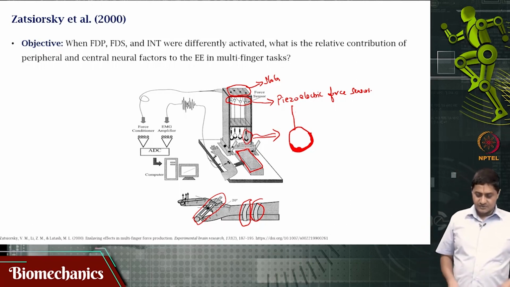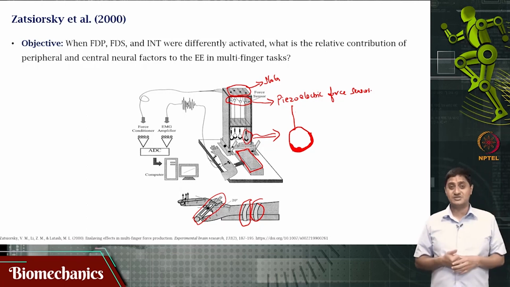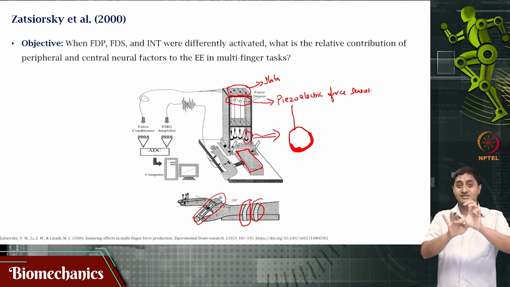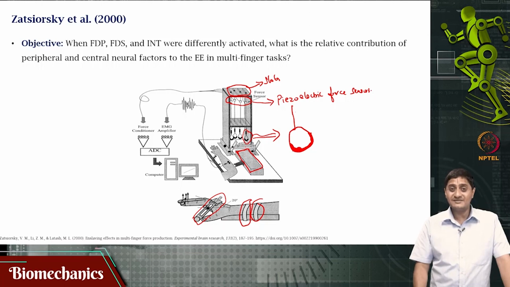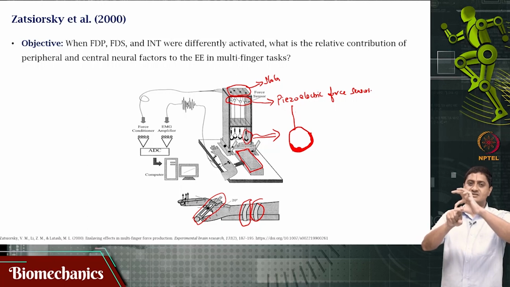Okay. So, there was instruction depending on which phalanx is producing the force or which interphalangeal joint is producing the force. I can also keep it at the distal interphalangeal joint or the proximal interphalangeal joint or the distal phalanx. So, I can place my finger in this loop such that either the distal phalanx or one of the 2 interphalangeal joints is supported by the loop. Okay. So, that is a crucial aspect of this experimental design. I can place it such that either only the distal phalanx or the DIP joint or the